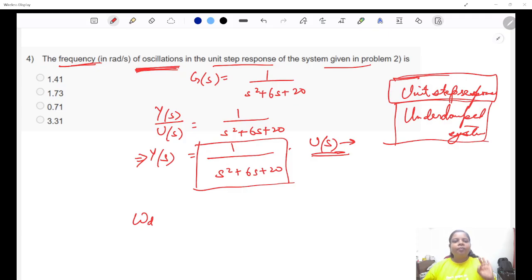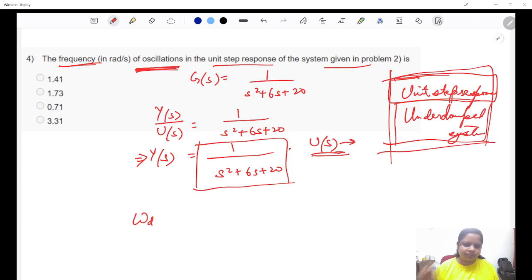So everything that we are doing for the same transfer function, or finding out the rise time, maximum peak overshoot, or all of those, are only applicable for this genre of systems. Now, the question says unit step response because it wants to make clear that it is a second order system.